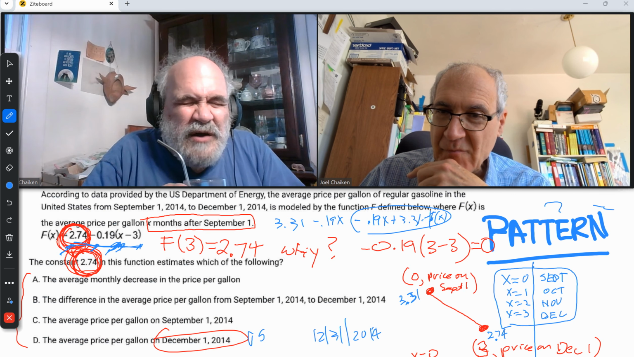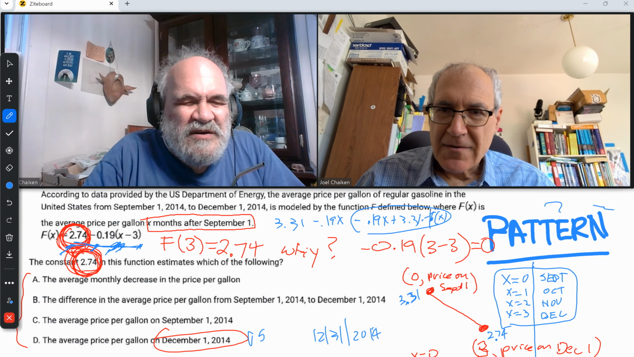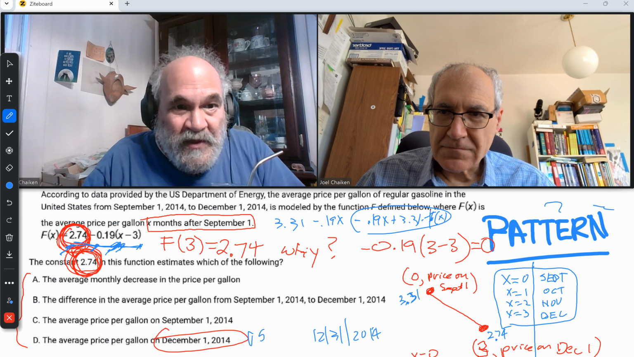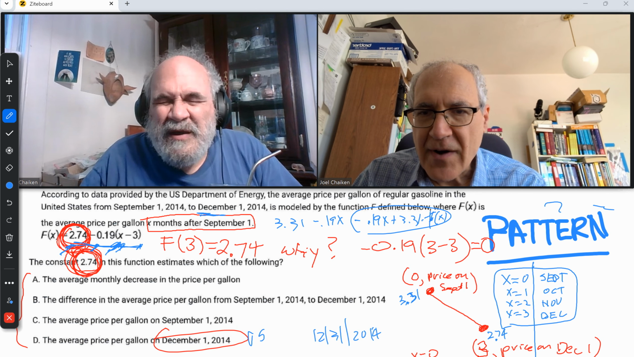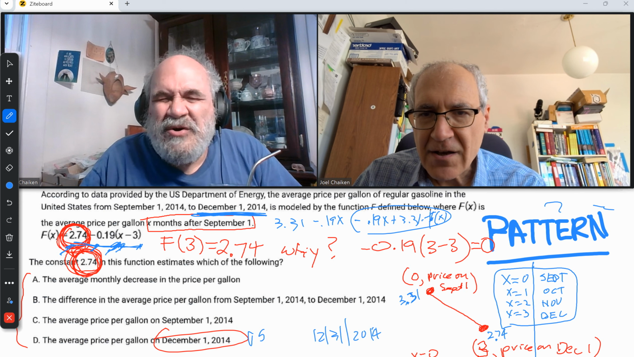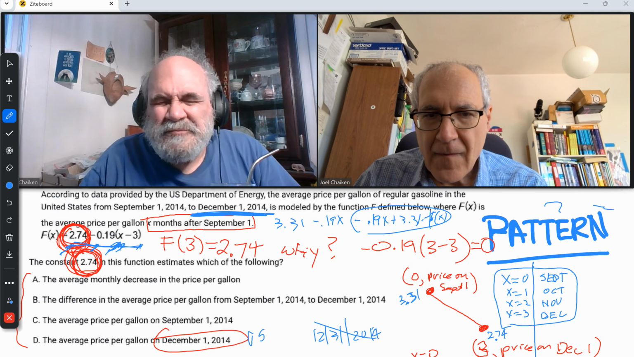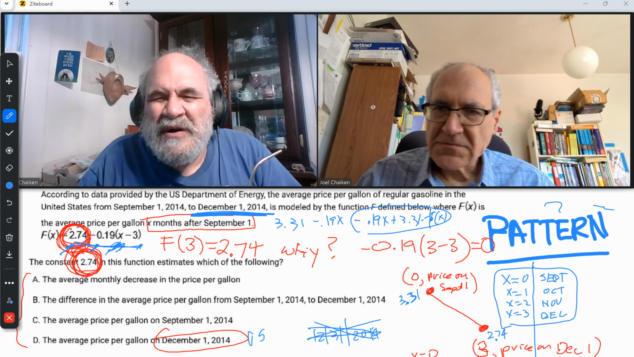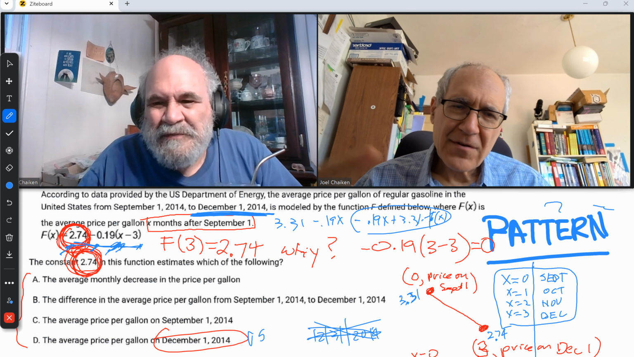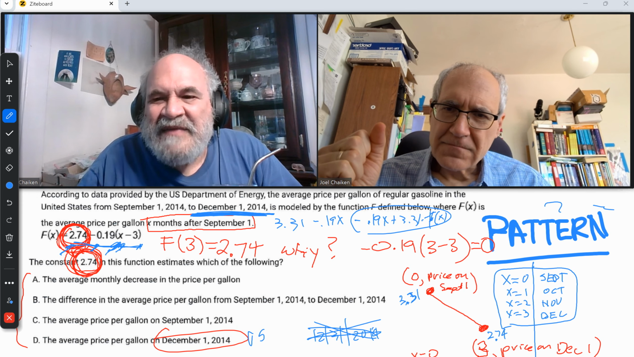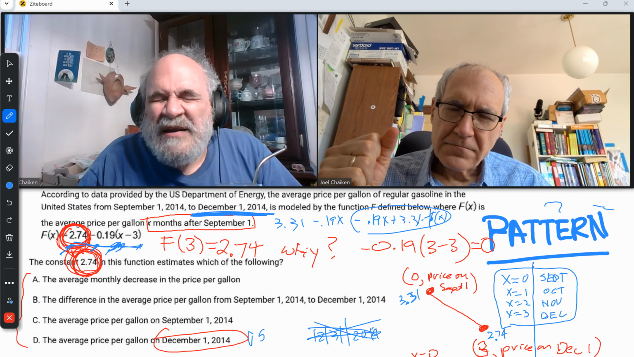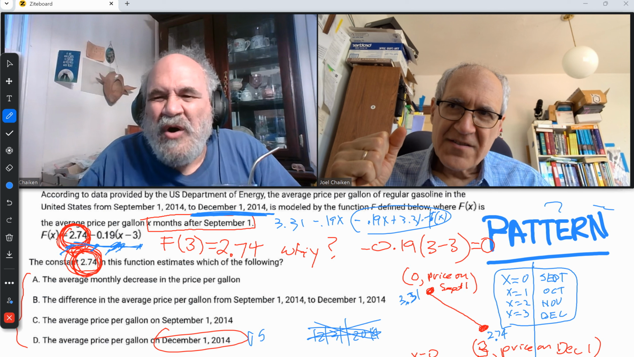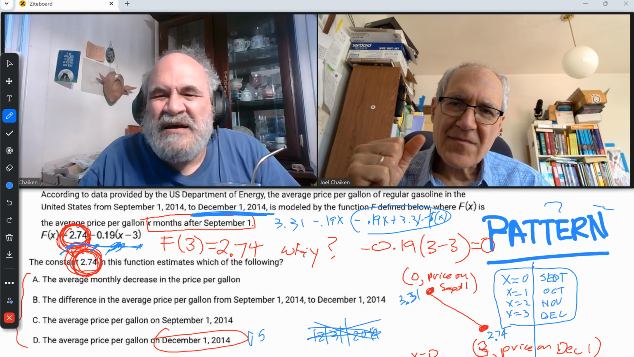Well, the way I thought of it is that the interval they're discussing begins September 1st, so it consists of all of September. Oh, I see. The domain. So I figured 3, because all of September, all of October, and all of November is the interval, and that interval ends right at the beginning of December. So I didn't count on my fingers. I counted